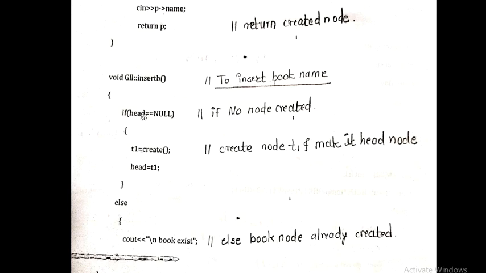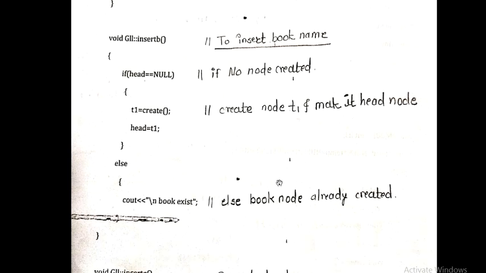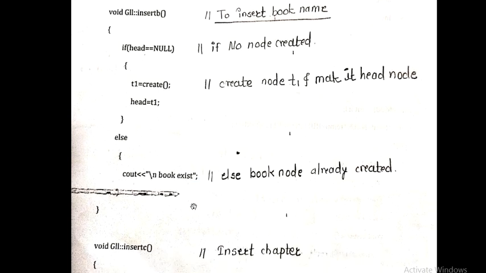When is this possible? If the head node is initially null. For example, if there is already a head node present with another name, for example OP, okay. So if a book name is already present like OP, or any head node is created for any book name, then we can say that the book already exists. So we cannot create that book, and here we have to close our function by declaring: if the head is null, then only we can insert the book. If head is not null, meaning root has some value, so we cannot create the book name. So we have to say that the book already exists, so we cannot insert any book, right?